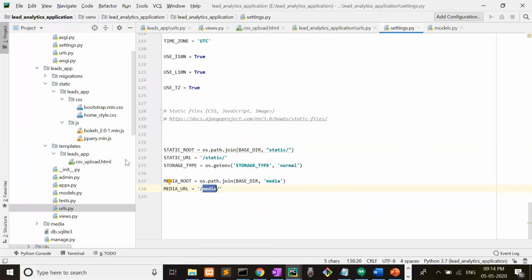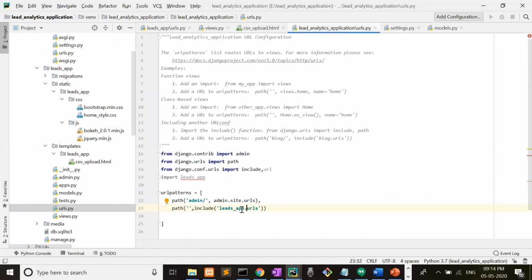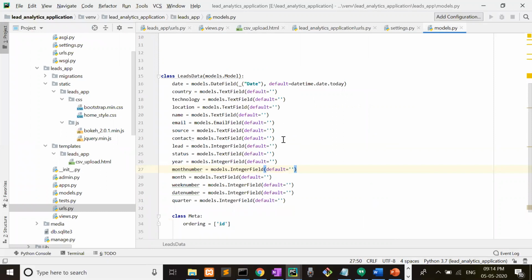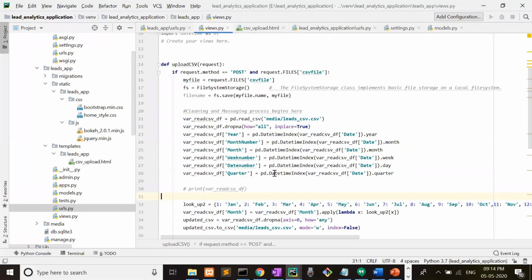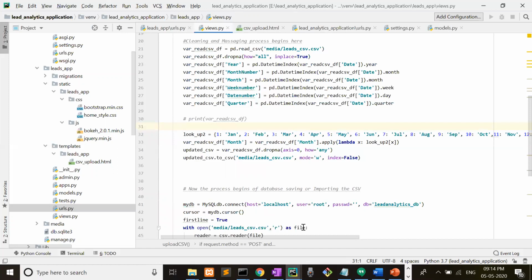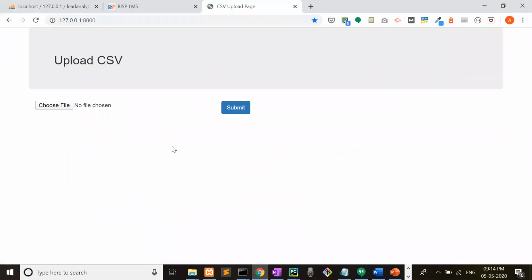Then in the URL file, you have done some settings, with the help of include leads_app.urls. In models.py, you have written the table details. Then in the view, you have written this. So this is all about importing the CSV inside the database.